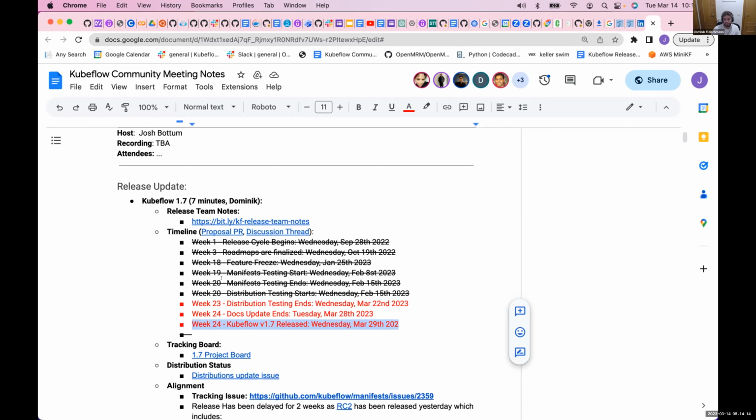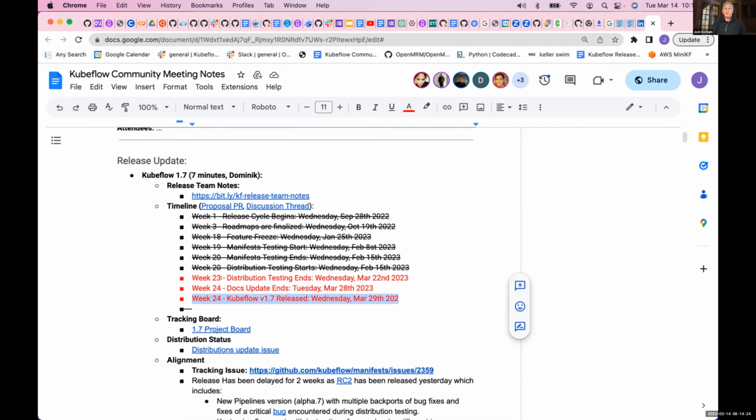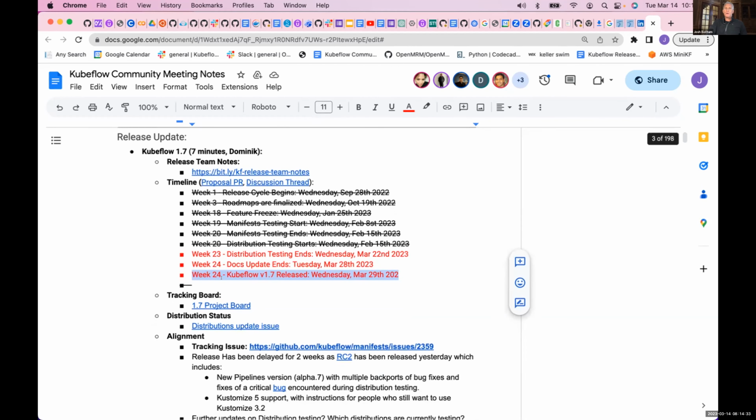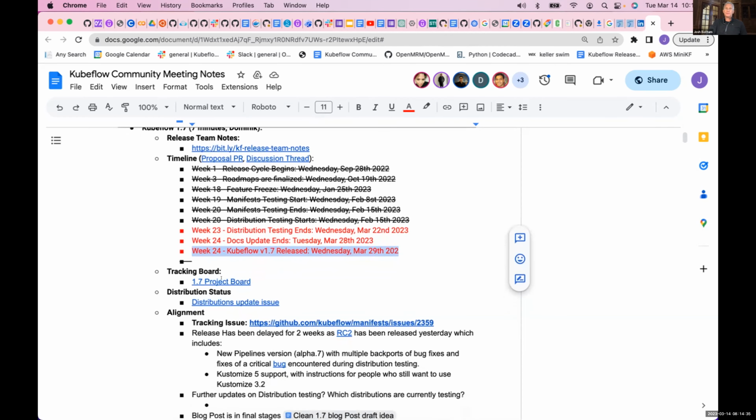Yeah, I fully agree. I think this is something we should look at as soon as possible once the release is out. All right, I think we do have an issue on that, and we'll get to that. We have lots of issues to do. Dominic, great work on this. I think that we've made a lot of progress on 1.7. I think we see the home stretch here. Any final questions on 1.7, or are we good to move on?